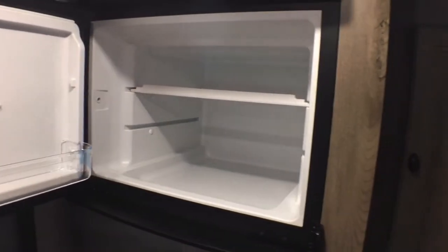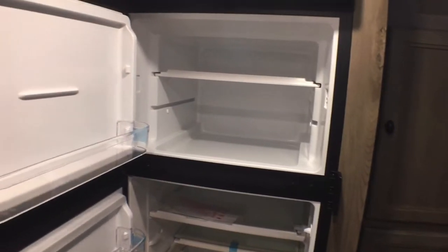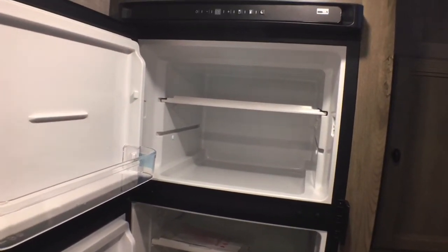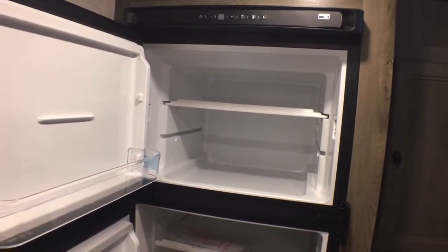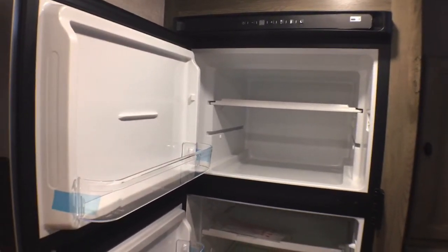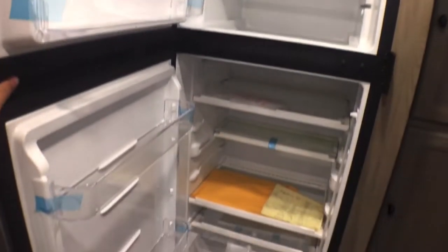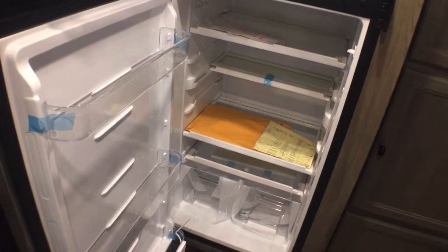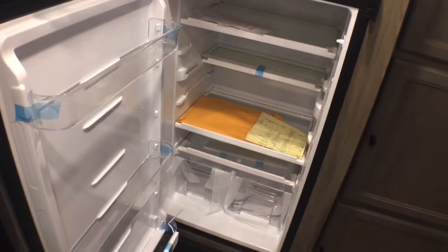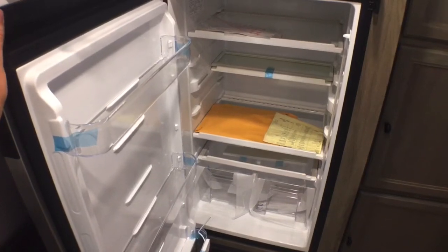And then right here you're going to have your 10.7 cubic foot Norcold DC compressor fridge. This is the biggest fridge that is commonly found in a travel trailer now. So the cool thing about this is it runs off your battery or the solar panel. You can actually use it going down the road, which is a really nice feature, and I think that's something that a lot of people, once